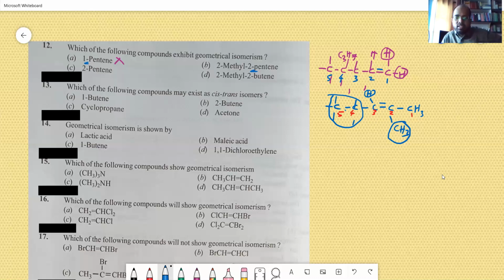Can you see, pentene with the double bond at 2, and 2-methyl. Here you can see that they are having the same groups on the same side. Here also these two are the same. Across the double bond, they are having the same groups. Therefore this is also not answering